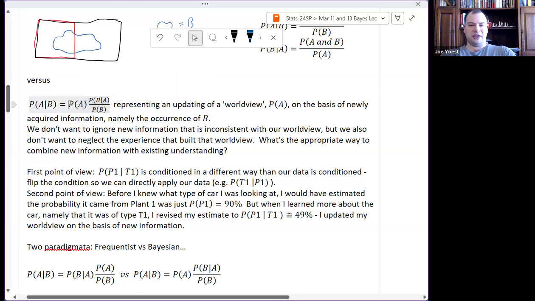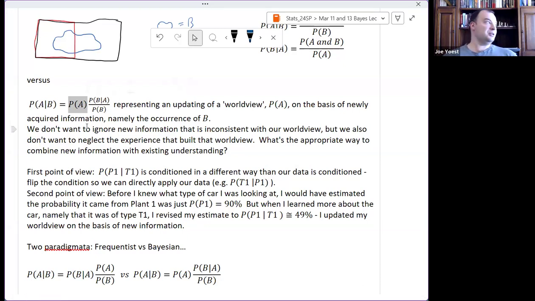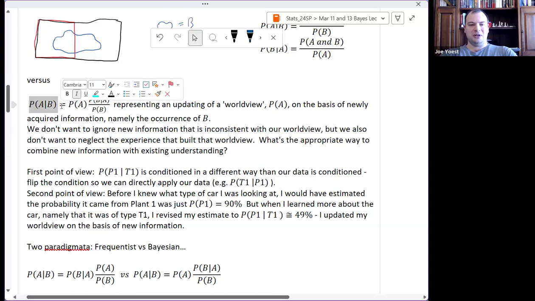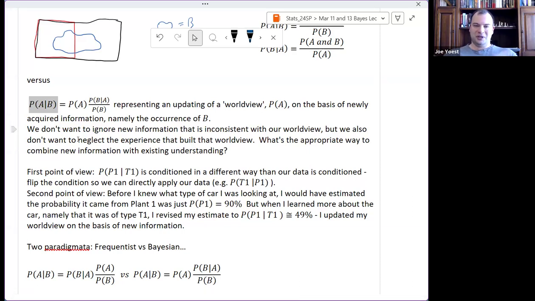So maybe the probability of A, the probability that I think it's going to snow tomorrow, represents a certain worldview. Maybe I think it's probably not going to snow tomorrow because I look outside and it looks sunny, right? Maybe I say, okay, I think it's not going to snow tomorrow then. But then all of a sudden the sky turns gray and I look at the forecast and the forecast says there's a big snowstorm moving in. I have an update to my worldview. I have more information that has entered the picture that I didn't have before.